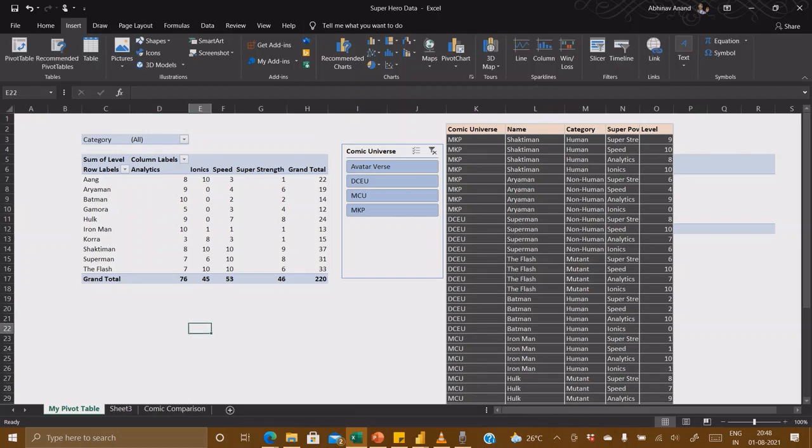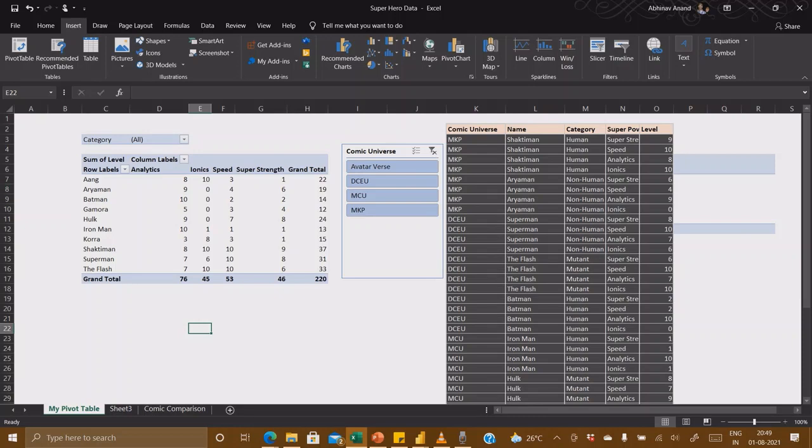For example, many of the people do not understand what is filter context. Like if you go and watch any YouTube video or anywhere, what does this mean by filter context or row context or anything? Okay, so what a filter context is, I will tell you right now.